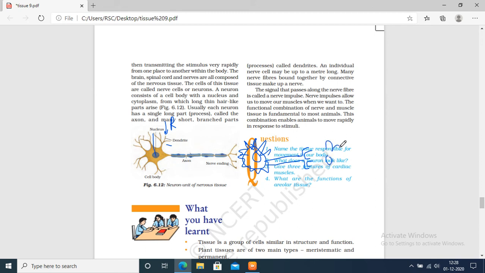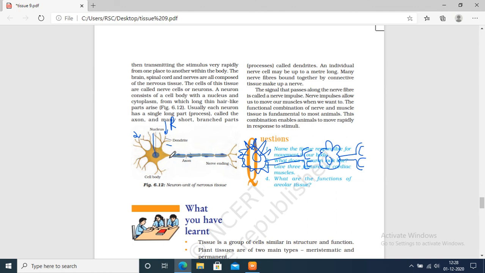This is the third neuron. So like this, the information is perceived by this dendrite, and from the dendrite the information will reach the